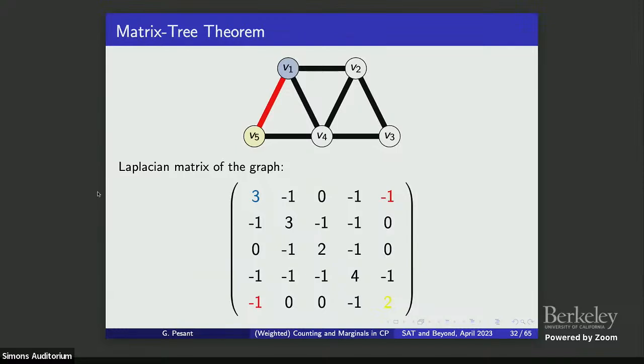So first, given a graph, we can use a matrix representation called the Laplacian of that graph. Basically, you can look at it as the adjacency matrix, where instead of a 1, you have a -1. And on the diagonal, you have the degree of the vertex. Okay, so here the red edge between V1 and V5 is represented here. And in terms of degree, the endpoint V1 has degree 3 and V5 has degree 2.